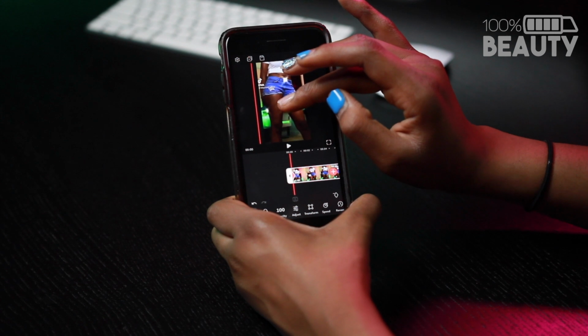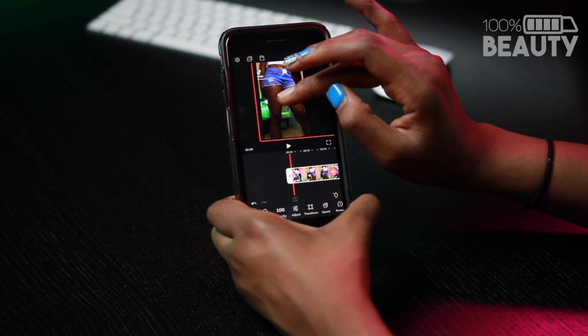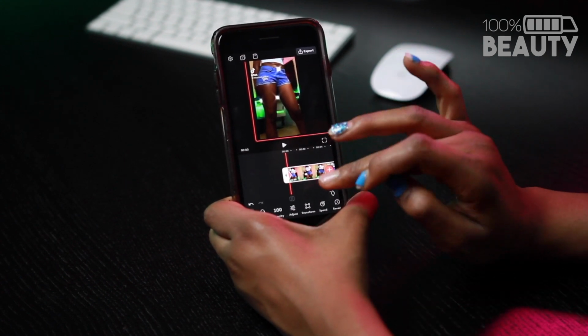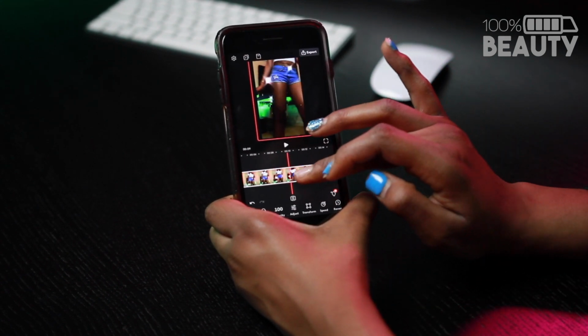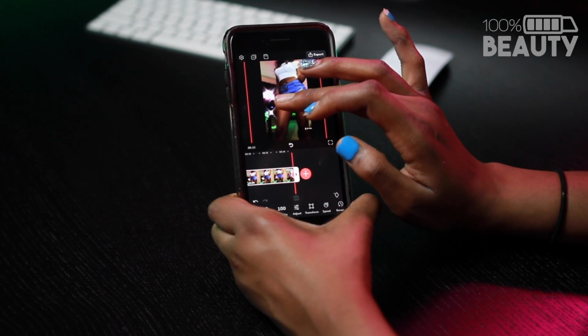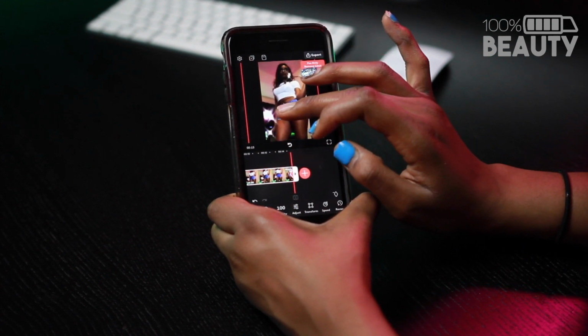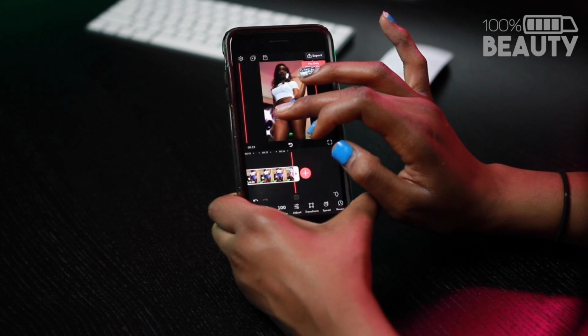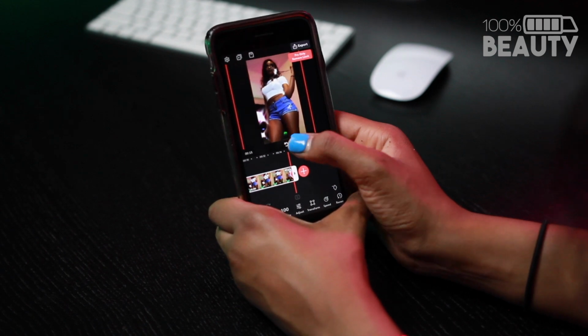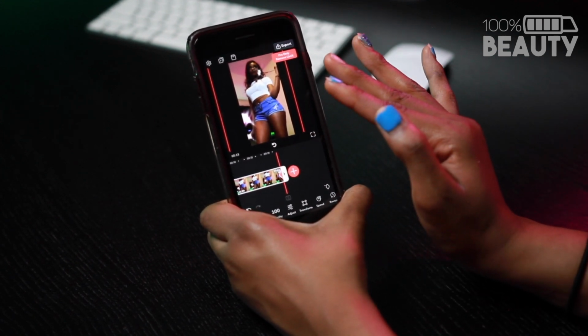And then you want to scroll all the way down. But you want to scroll down to where you're perfectly parallel. So yeah, and then you want to scroll all the way over to the end of your video and scroll all the way up. So you want to make sure it's centered. There we go. All right, so now I can go ahead and, so before we do anything else,